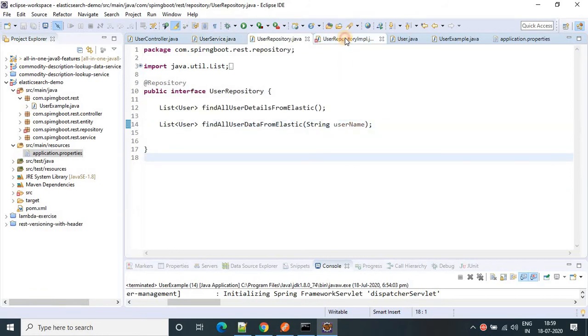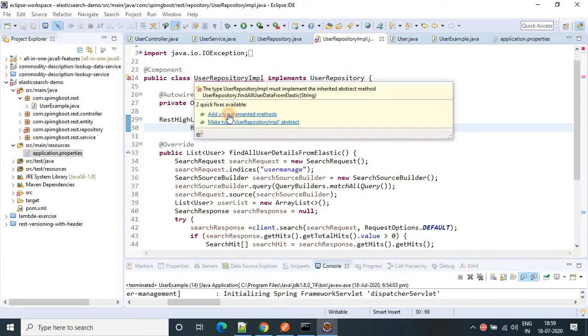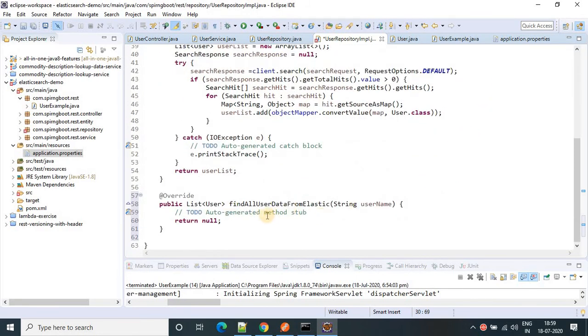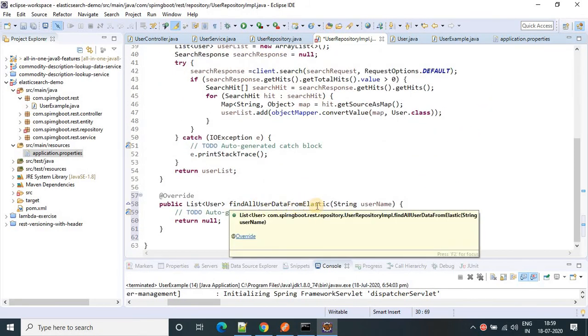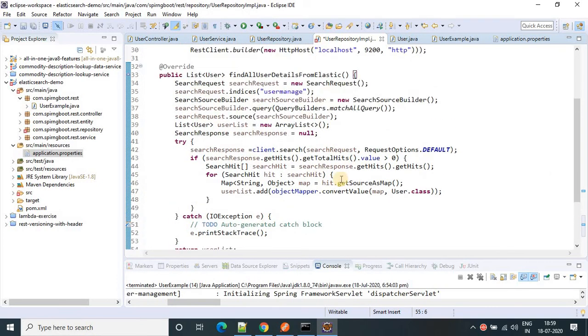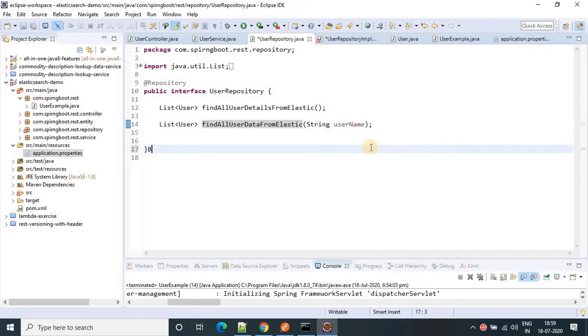Now come to the implementation part, and here we are getting an error because we have to implement unimplemented methods. Implement it. So this is our method for find all user data from Elastic. Let me name it find all user data by name.